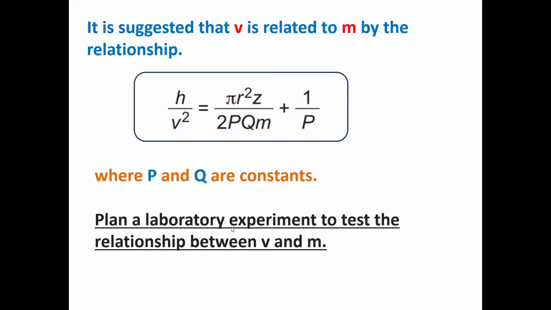V and M. Ahmed is saying velocity is dependent. Good answer. And mass is independent. Ahmed is saying velocity is dependent and mass is independent. So what he means is that